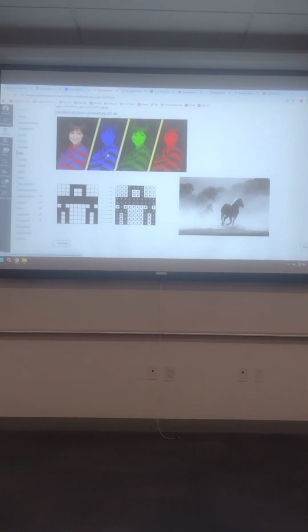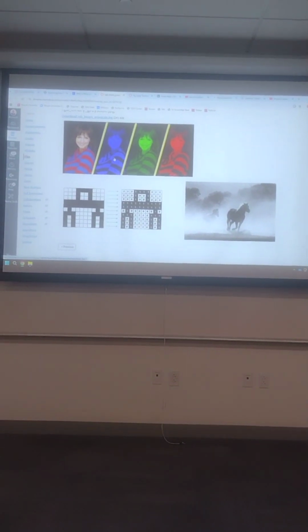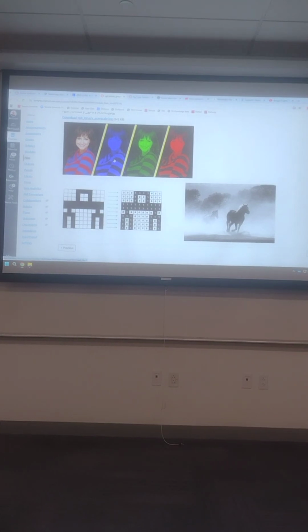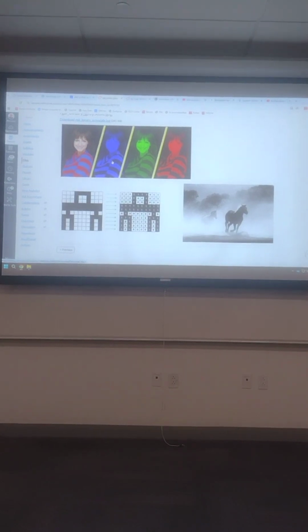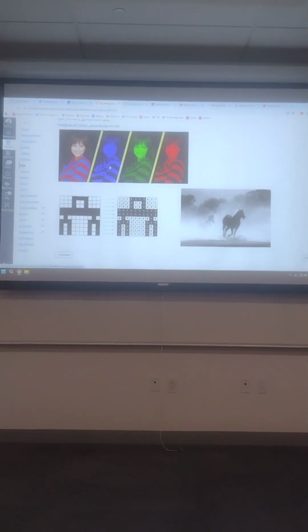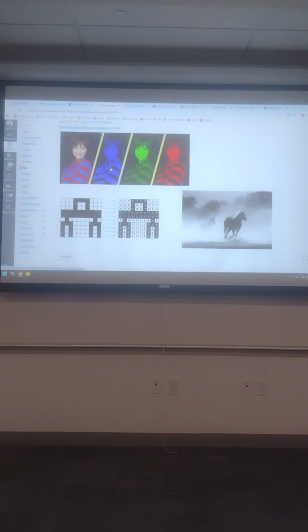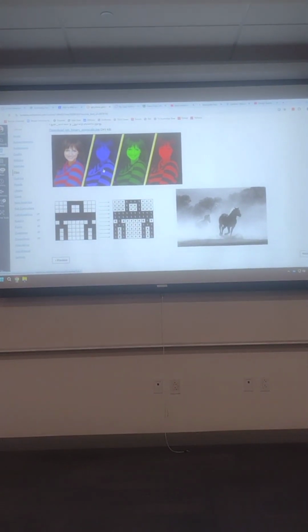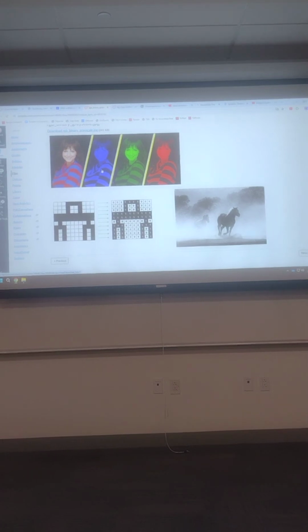A GIF or a PNG is going to be compressed so that the file size isn't as large. Now it's not going to take up as much space on your hard drive. You'll be able to download it faster. It won't take up as much bandwidth if you have it up on your website and people are downloading that